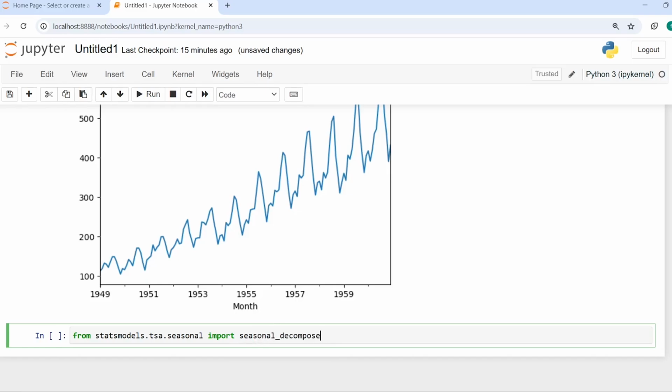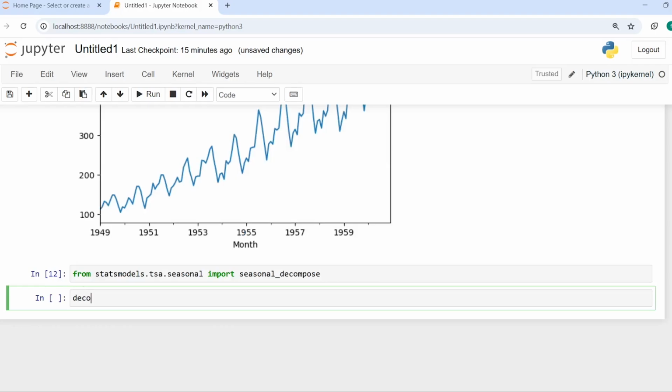So we will use this seasonal_decompose here. I will make one variable decompose, and then I will call this seasonal_decompose, and inside this I will pass our data frame df, and then model is equal to